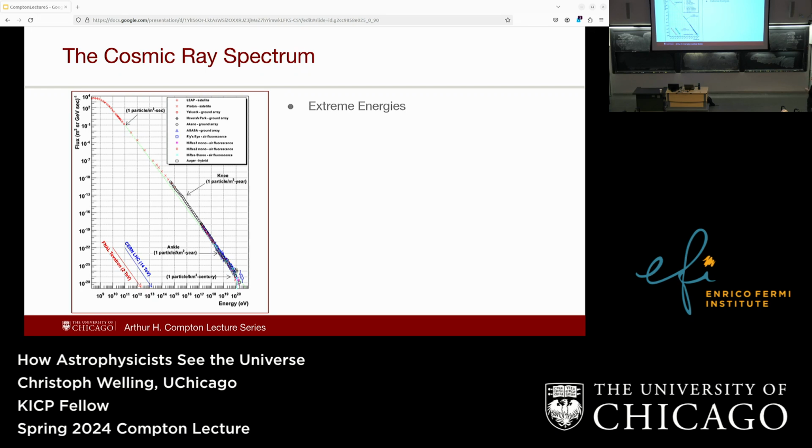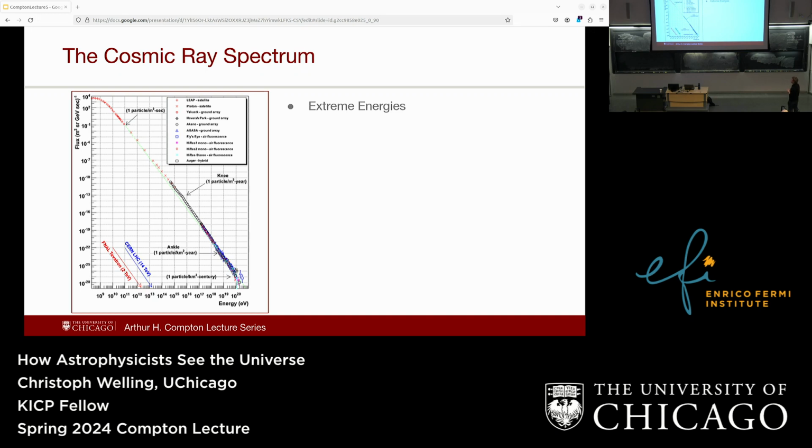The energies are measured in this weird unit called electron volts. But at these highest energies, that is roughly the energy of a well-thrown baseball. I've been told, I don't know how baseball works, so for Europeans like me, it's also like a good serve in tennis. I also saw in a German article once, it was compared to the energy of a kick in the butt. I don't know how they measured it, don't ask me how they measured it.